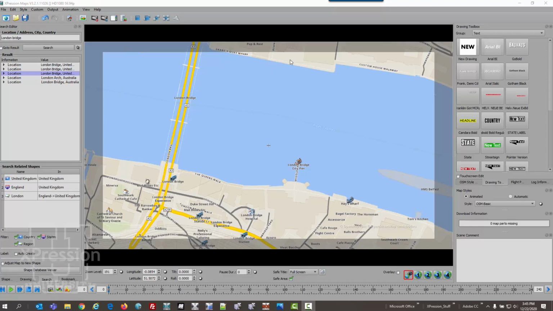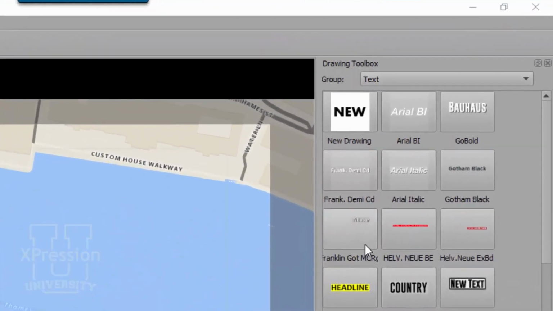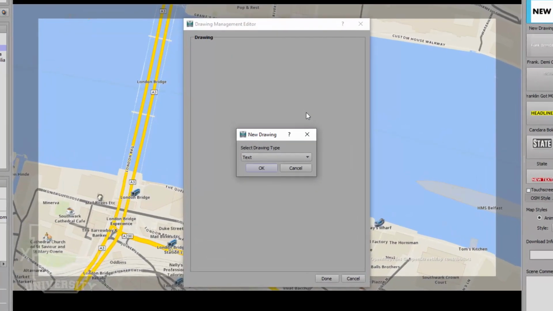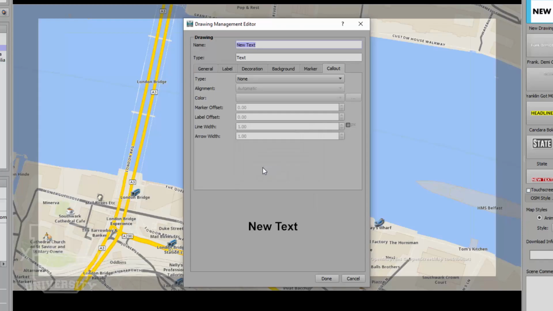So I'm going to come into Maps and I'm going to find up on top of my drawing toolbox, and again that's on the Drawing Tools tab. I'm going to click on the New Drawing tool. That brings up the Drawing Management Editor and the new drawing type, and I'm going to choose from my drawing types Text. I'm going to click OK, and that will bring up the Drawing Management Editor tool. First off, I'm going to give it a name, and I'm going to call it Text Tool 2.0,